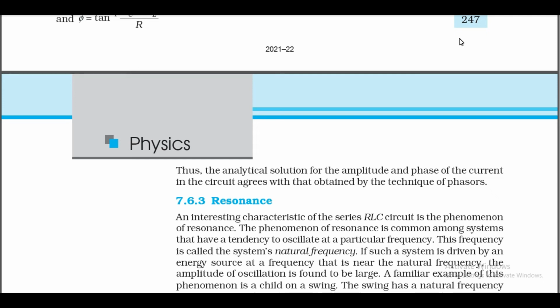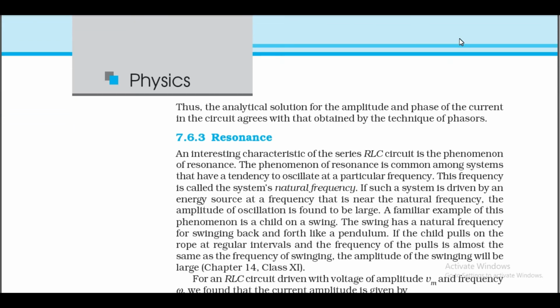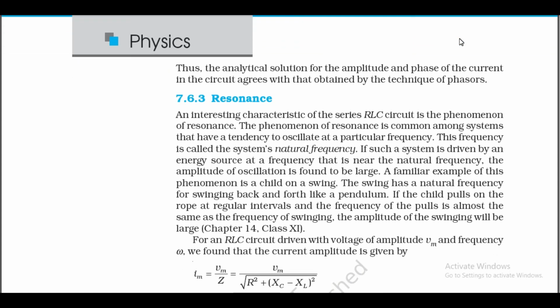7.6.3 Resonance. An interesting characteristic of the series RCL circuit is the phenomenon of resonance. The phenomenon of resonance is common among systems that have a tendency to oscillate at a particular frequency. This frequency is called the system's natural frequency. If such a system is driven by an energy source at a frequency that is near the natural frequency,